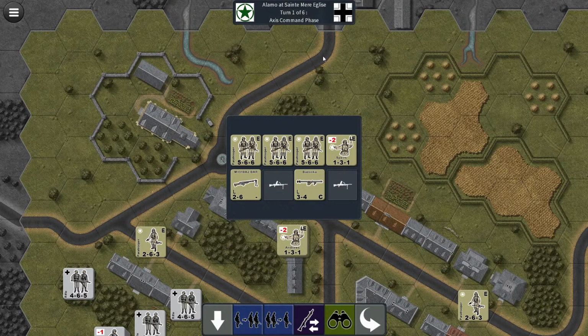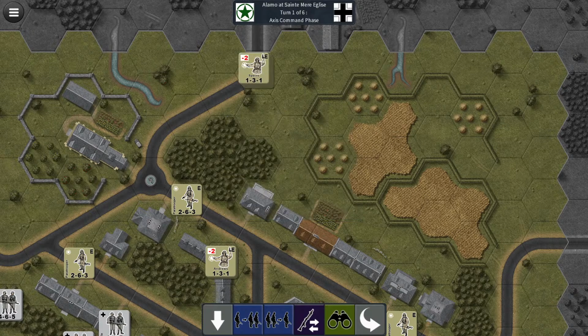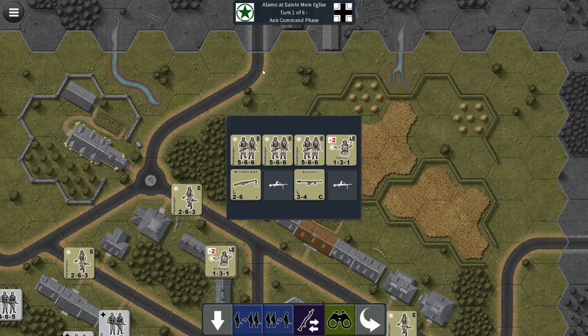Oh, the middle number on these counters is 566. So these paratroopers have 5 firepower. They're very strong, as you can see, while the German infantry platoon is just 4. That reflects the fact that American infantry had M1 Garands and M1 carbines and everything. And so it's 566, so they can